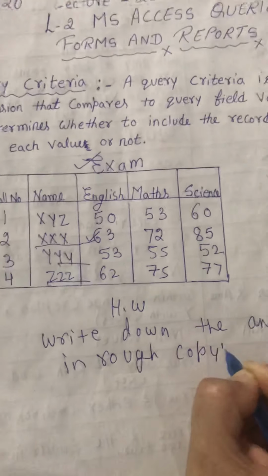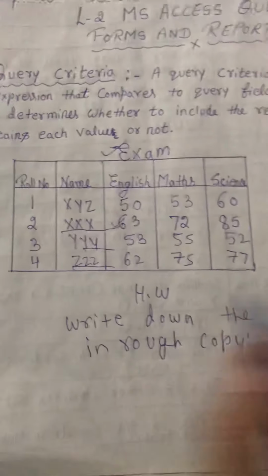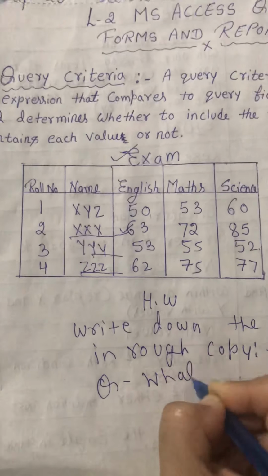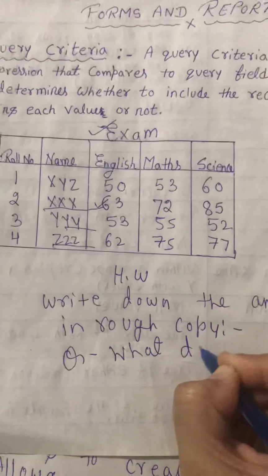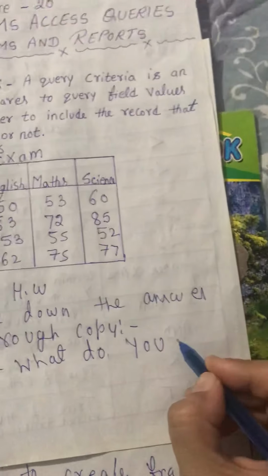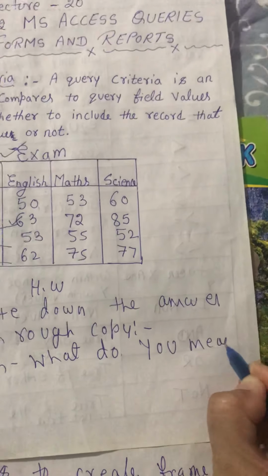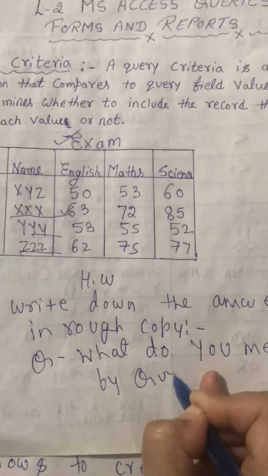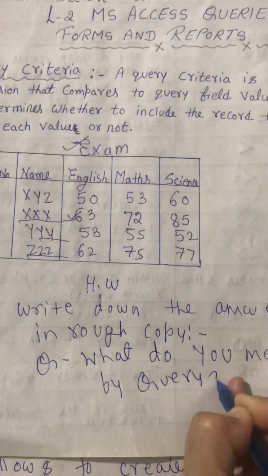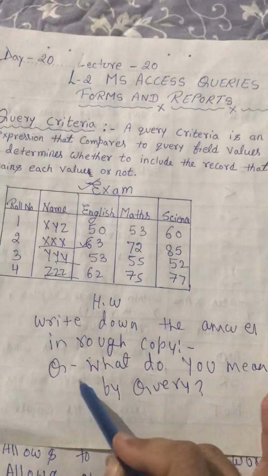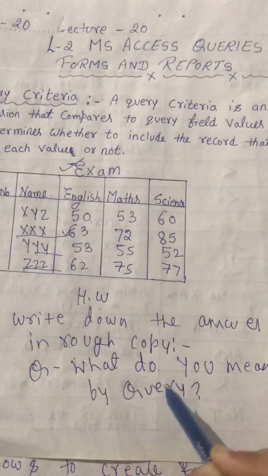What is the question? What do you mean by query? Okay, what do you mean by query? Write down the answer in rough copy. What is the question? What do you mean by query? Okay,